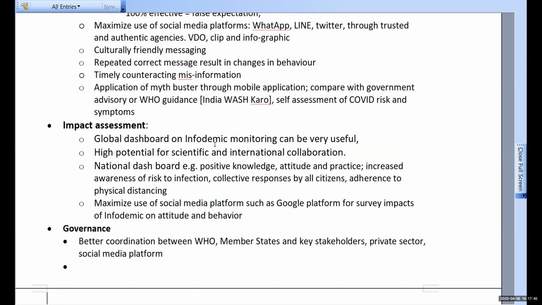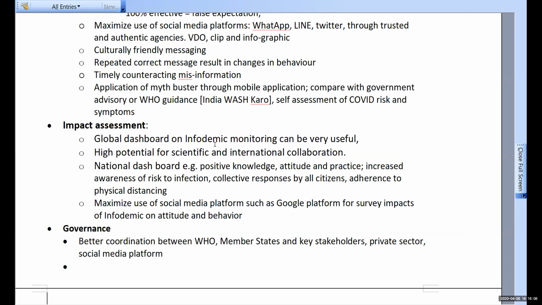The general people's perspective on corrective response by citizens to overcome COVID is so important, and also adherence to physical distancing. We need to maximize use of social media platforms such as Google platforms for the survey of impact of the infodemic